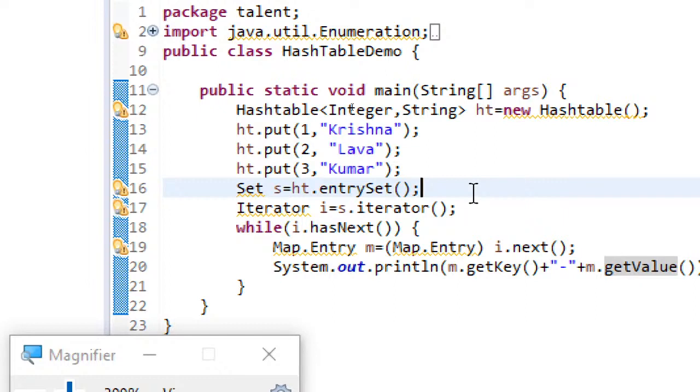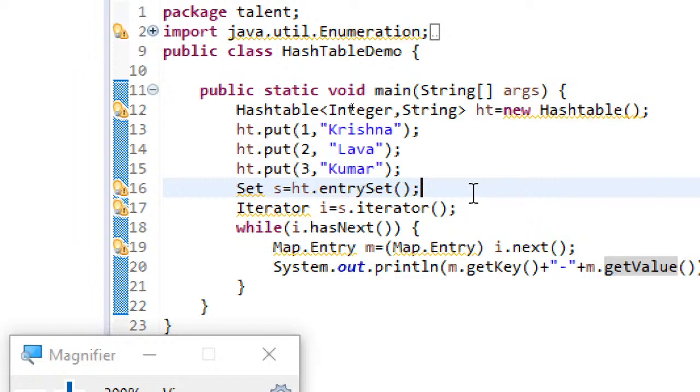By default, TreeMap returns the entries in ascending order. And on what basis does it return in ascending order? On key basis, not the value basis. So this is the TreeMap, which is the implementation of the SortedMap interface that returns entries in ascending order based on the keys.